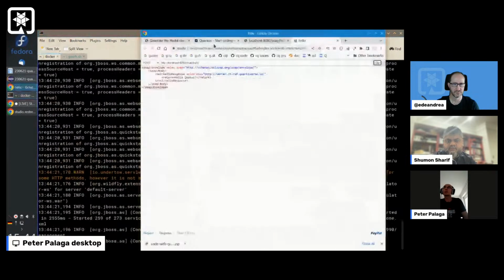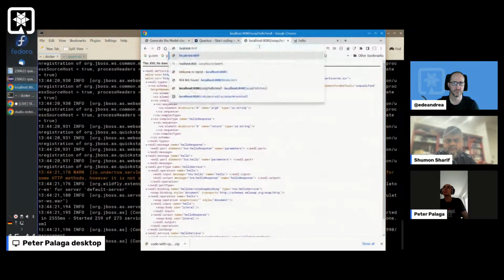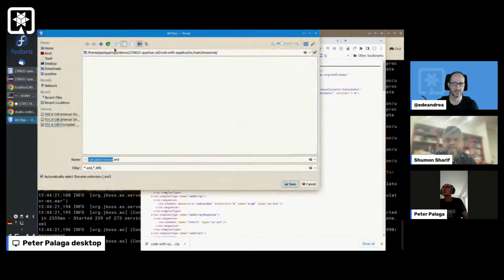Let me check if it's there. 8082. This is its WSDL. Again, I could browse its operations, but what I want to do now is to store the WSDL locally